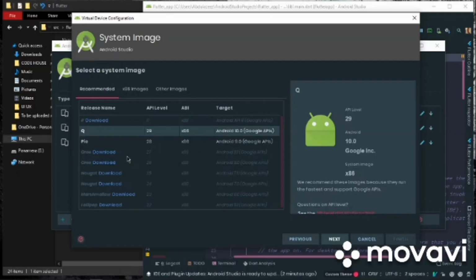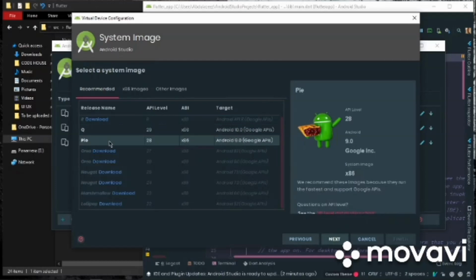So this is a big thing to consider when creating an app in Flutter. For example, if you download Android 10, it means that any Android version below Android 10 won't be able to run the app you're creating. So you have to consider the users with the kind of app you want to create. So I'm going to choose Android 9, which means every Android phone that's running Android 9 upwards will be able